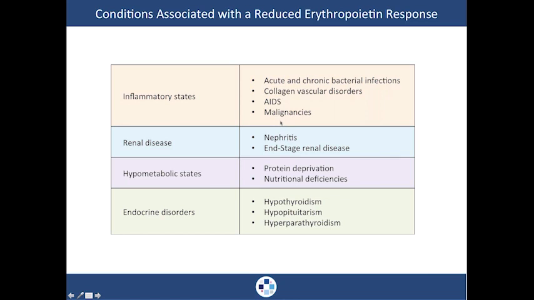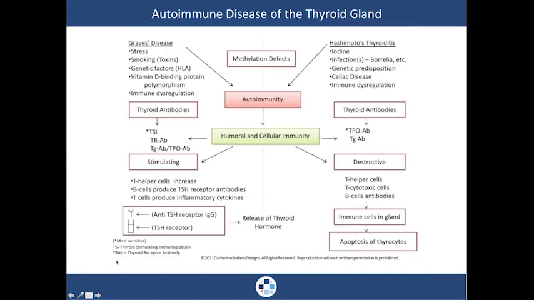Work on the malignancies. That is possible with natural medicine, and also there's plenty of good docs out there that are doing wonderful work with cancer, by the way, and we can work as a team for truly integrative medicine. Renal disease, hypometabolic states, certainly endocrine disorders as well. It's all going to create this low or reduced erythropoietin leading to anemia, but now you know what may be causing that and the reason for that.